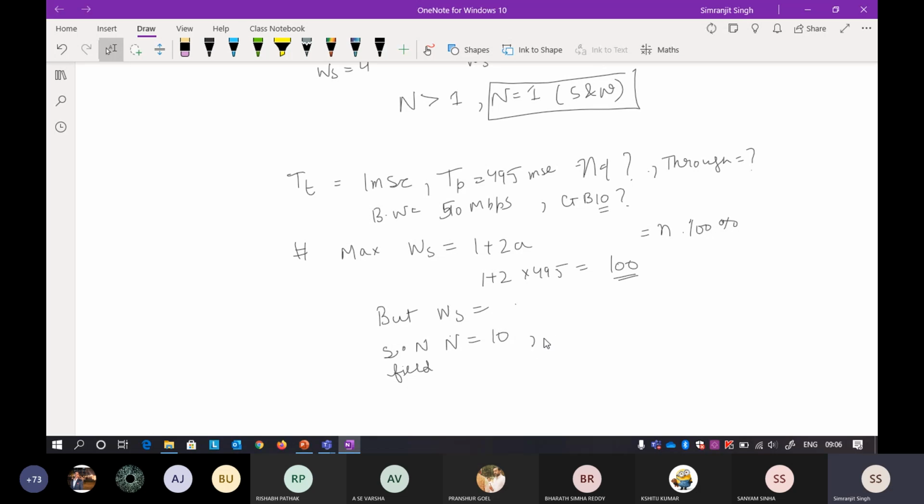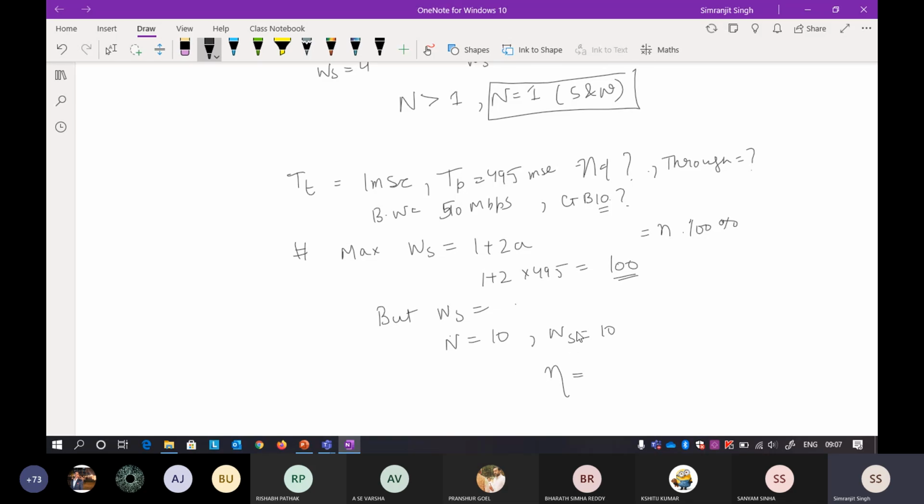Okay, so again you can say that the window size, no sorry, it's not the sequence number field, it is the sequence number. Oh, I will say nothing about the sequence number. So this is the window size. I can say that the window size is 10, because I have already discussed that the number given here is the sender window size. Okay, so now you know what the efficiency will be here.